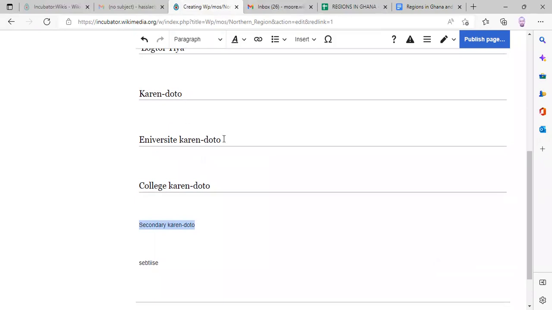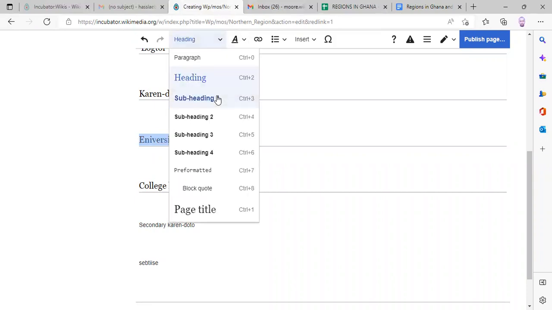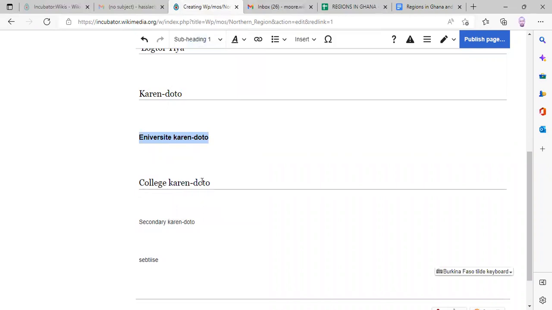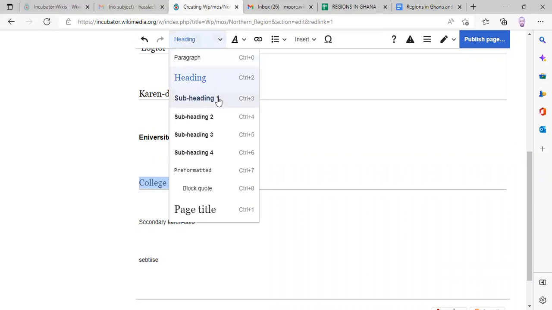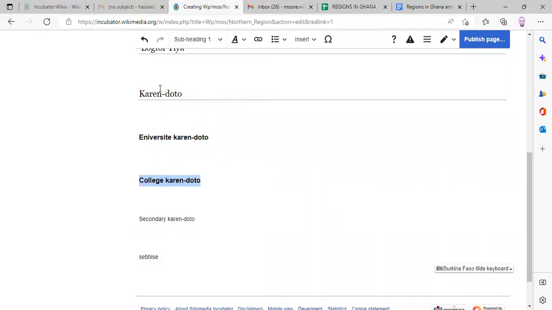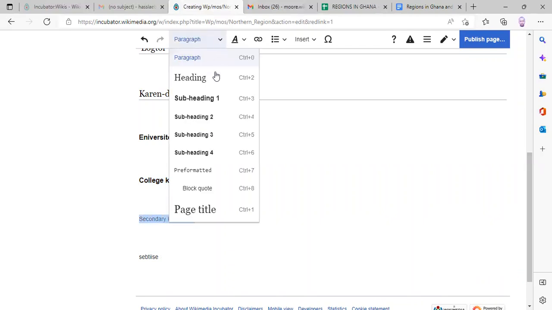Let us make universities a subheading under schools. University, college, secondary, they're all schools. So instead of making it a heading, let's make it subheading 1. That means this one is under this. We highlight this one too and click subheading 1. That means these are under Karen Dutu. Secondary school is also subheading 1.